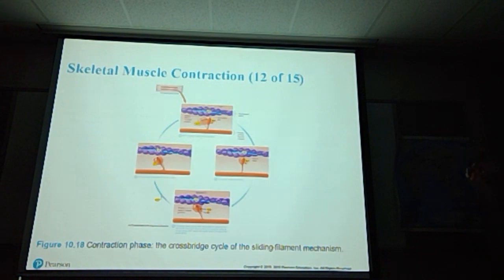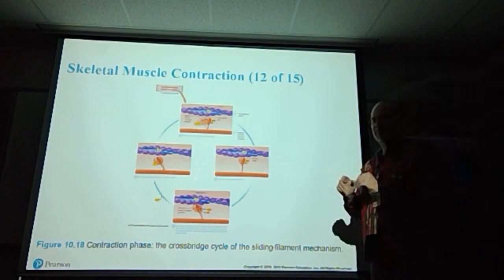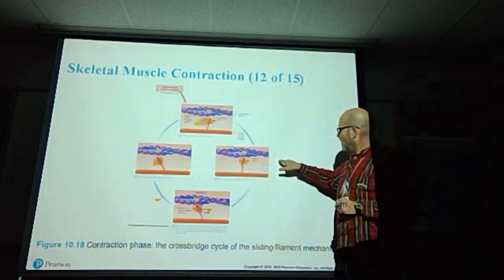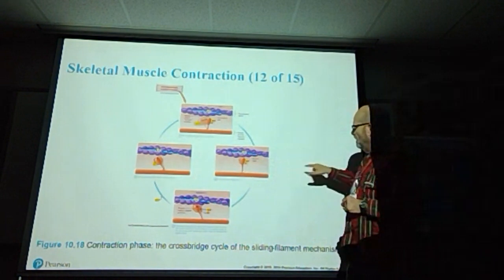And again, here it comes up. See, it's at the 45-degree angle. Moves up to the 90, stays at the 90, drops back to the 45. But what it has done is it has pushed this whole filament that way. And since there's another one over here, and another one over here, and another one over here, still bound to it, just in case you couldn't see my pointer, there are more of these off camera,